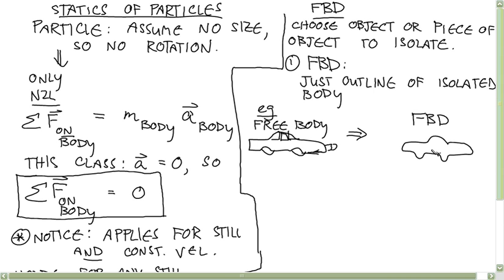And there's a reason for that. If you draw your free body like this, it's not as clear what is exactly the thing you're isolating. It's even worse if you start drawing in the ground and walls around it and stuff. This way it's very clear. Everything on the inside of this outline you're isolating, that's your body, and anything outside